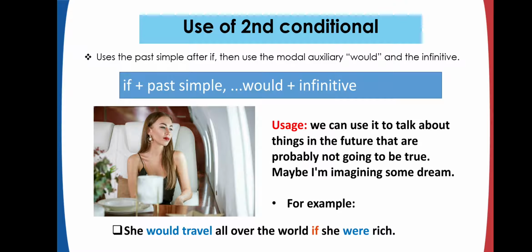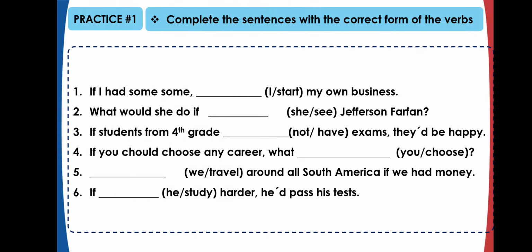In this case, you can see the result at the beginning. Okay? Because remember that the second conditional has two parts. The result and the condition. Okay? You can start with the condition and then the result. But in this case, as you can see, you are using first the result and then the condition. Okay,